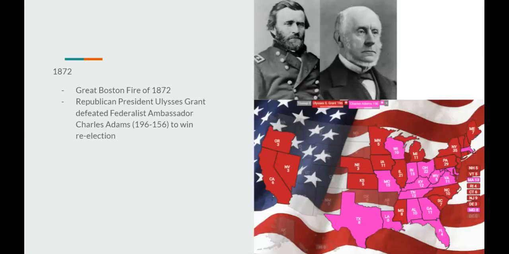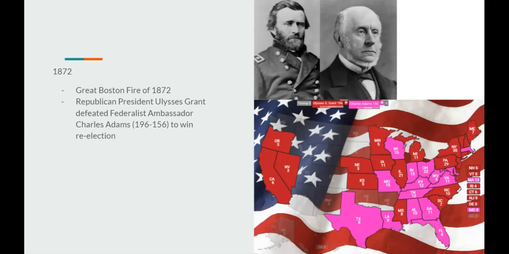Going on to 1872, there would be the Great Boston Fire of 1872, that still happens. And Republican President Ulysses Grant would defeat Federalist Ambassador Charles Adams, 196 to 156 to win re-election. Charles Adams would be more of a proponent in this timeline, as he would have already been a Federalist, same thing as John Quincy Adams and John Adams, the two former presidents. Though he wouldn't be as lucky, as he would still lose to Grant, who would be popular due to the Civil War,